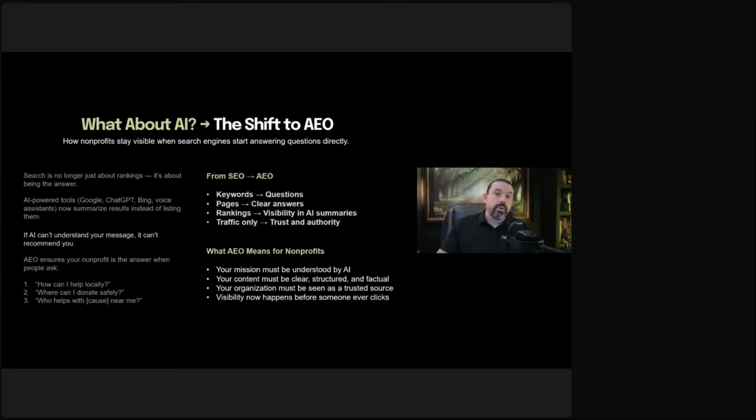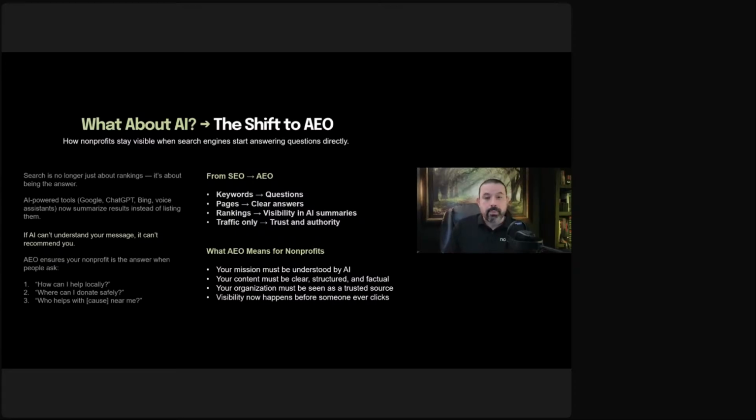And by the way, when you improve AEO, you're going to naturally improve SEO. You're going to start getting ranked higher on Google just because you're becoming a better resource of information. So if somebody's looking for, let's say, a church in Tampa, or a food bank in Tampa, having a page on your website that addresses the fact that you're in Tampa, what you do, how you do it, all of that helps not only Google, but all the AI engines to understand that you're an important part of that mission and that initiative.